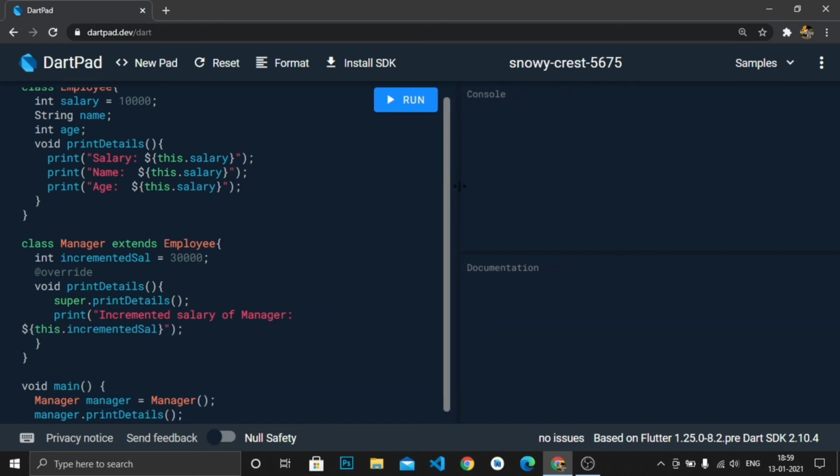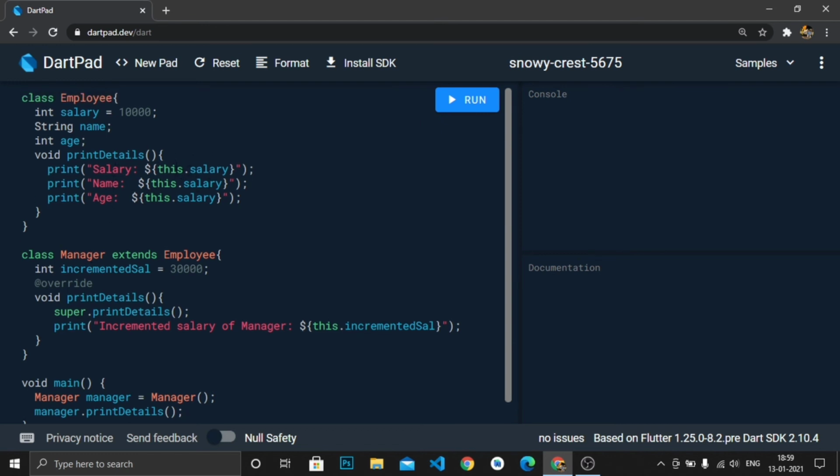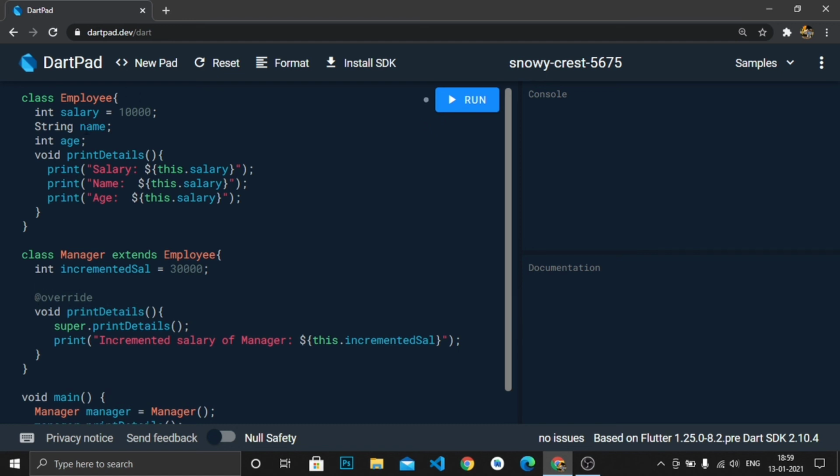After we run the code, you can see that this will first execute super.printDetails, that is this function. Then it will execute this line also inside this printDetails function only, because we are overriding the parent class printDetails function with our custom specified function for printDetails in our Manager class or child class.